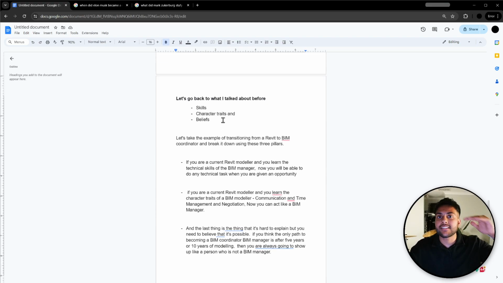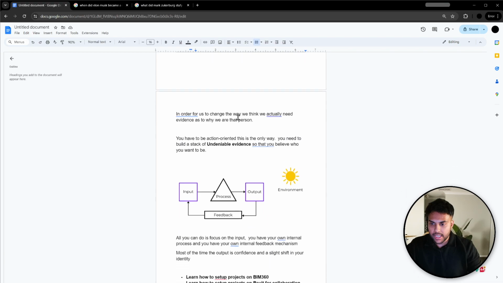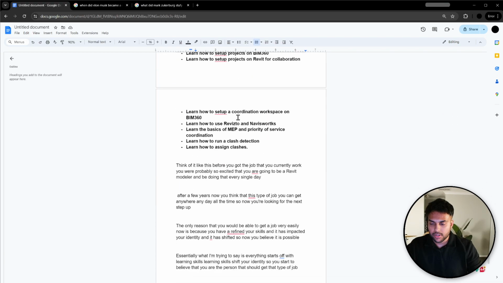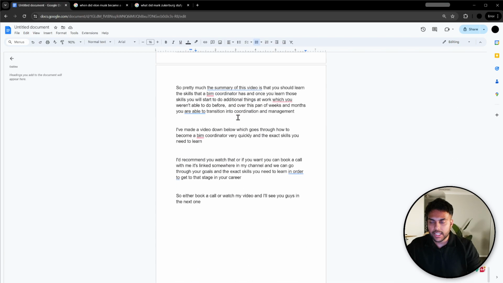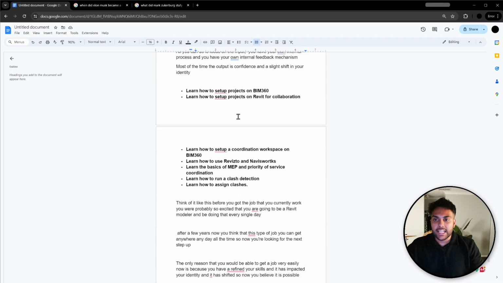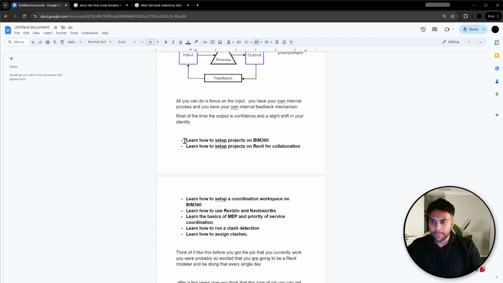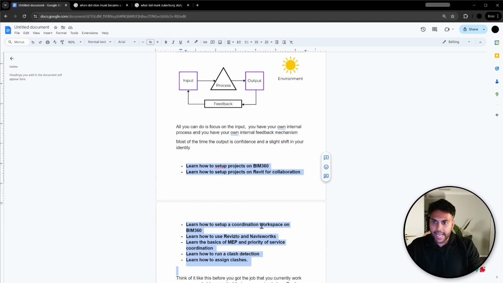So in order for you to transcend into the next step in your career, to transition from Revit into BIM coordination, all you need to do is understand that it's about skills, because that's the first domino that drops everything else. So what I would say is, let's go back down here, the place to start is by learning the skills. I put a list of skills here,